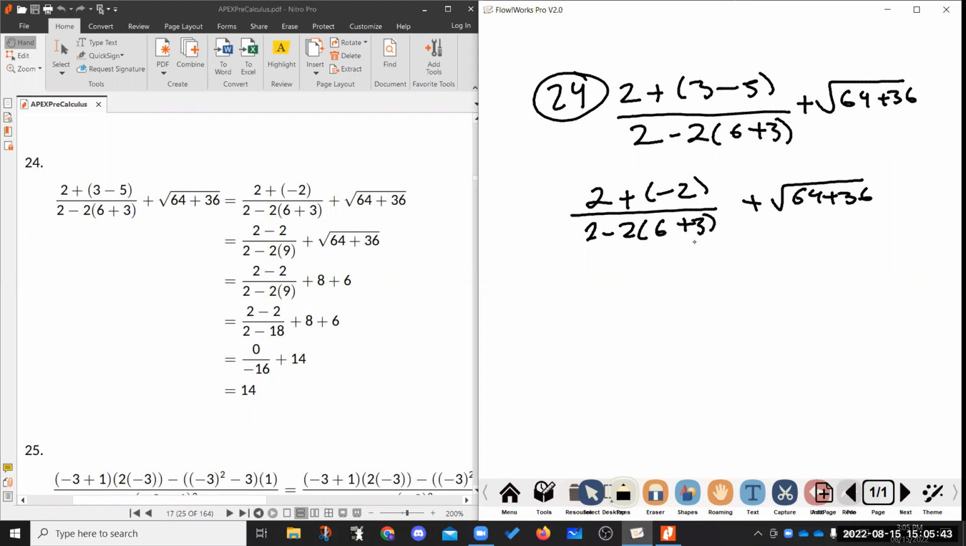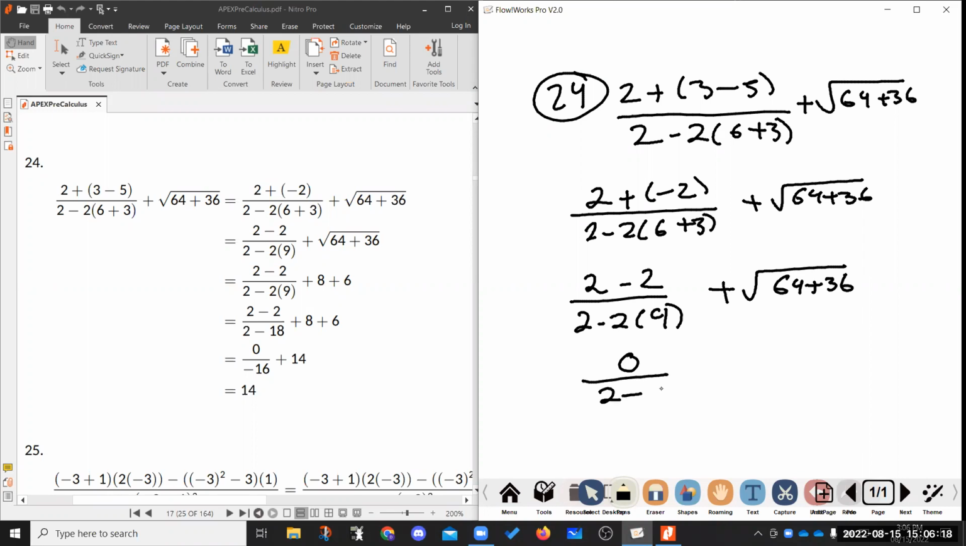Okay. Then they did these parentheses. They did some multiplication at the same time. It's really not great to do that, but that's okay. 2 minus 2 times 9. I wouldn't call that a mistake. Oh, I see their mistake. You better not do this. Okay, so they're going to say that this is 0